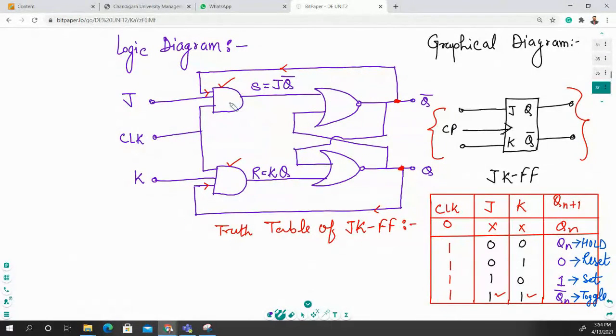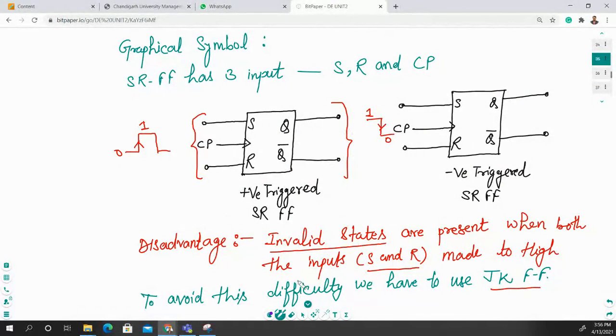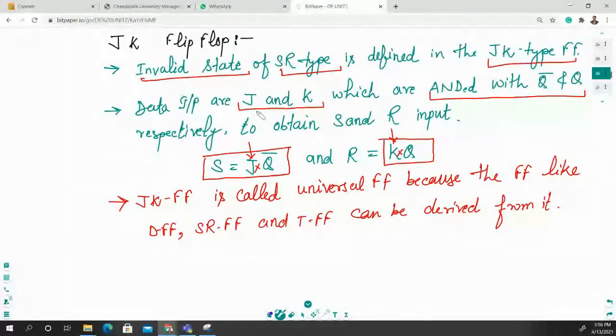In the SR type of flip flop, you have seen that two AND gates and two NOR gates are used, with cross coupled connections. But here we will provide the feedback to this AND gate, and it will overcome the invalid state problem. And how can you overcome this problem? You have to use the feedback to overcome this